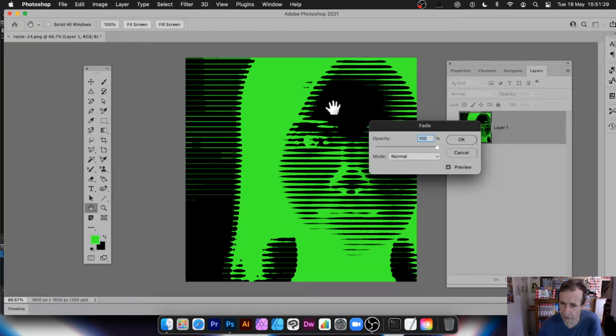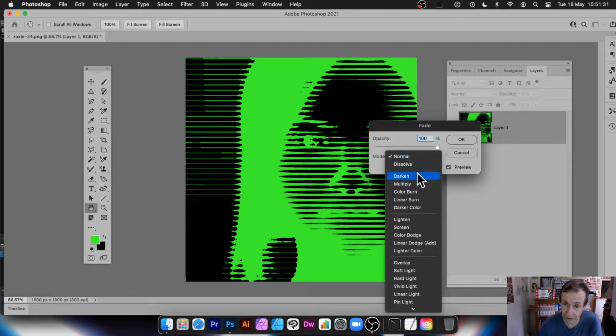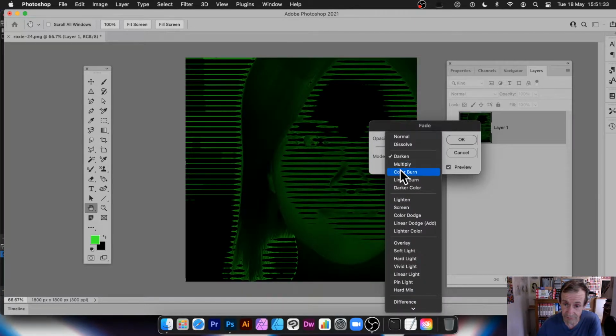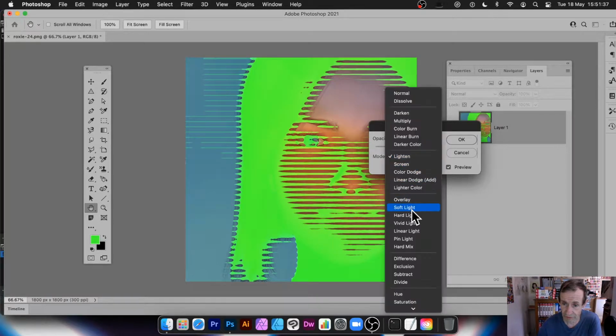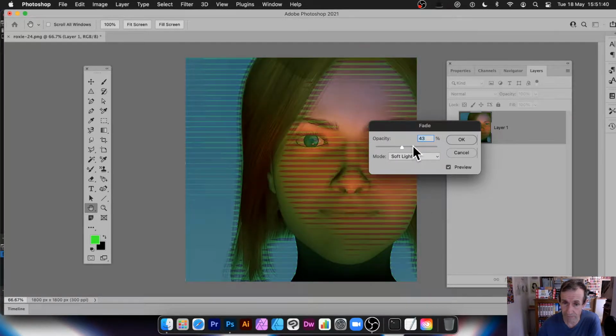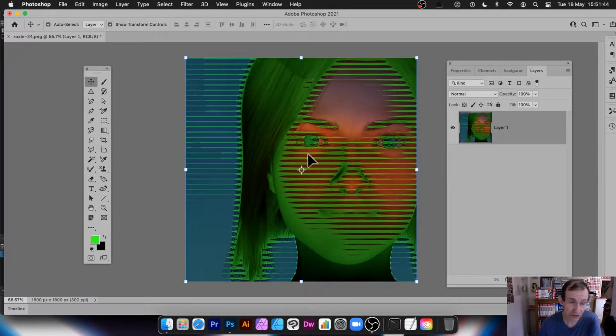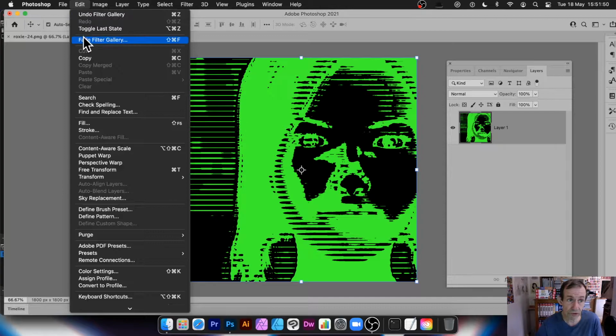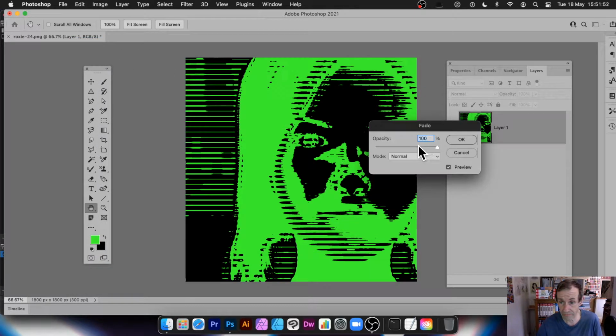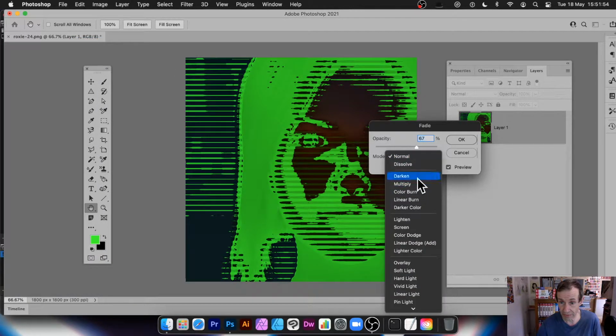What you can also do, you've always got the edit and fade. Fade's really useful because you can go over here and you can say darken, colour burn, lighten, and you can run through these different options, and you've also got opacity as well. So you can create a variety of different designs simply by doing this. And of course then you can always apply the effect to that. And you can always do edit, fade, filter again like that, and maybe go with darken,